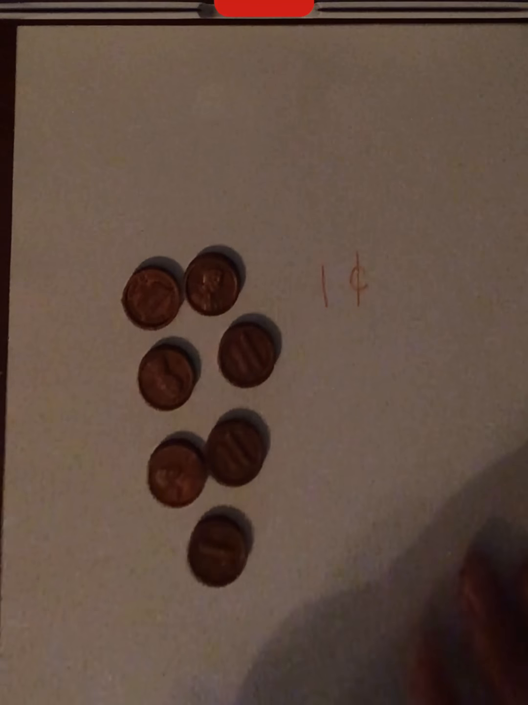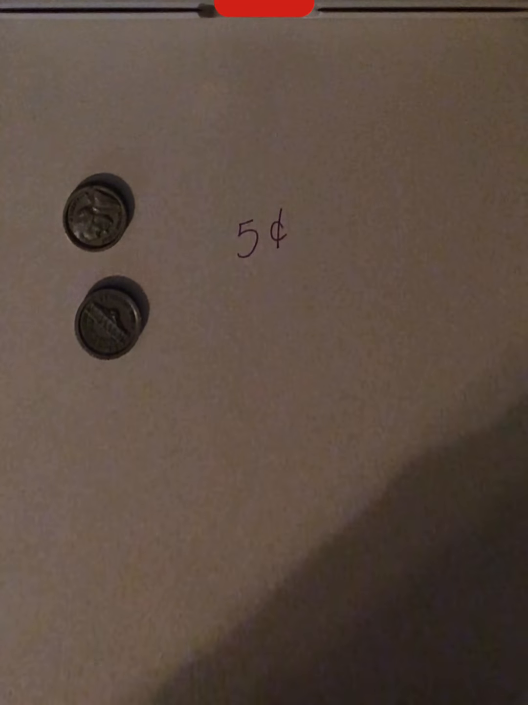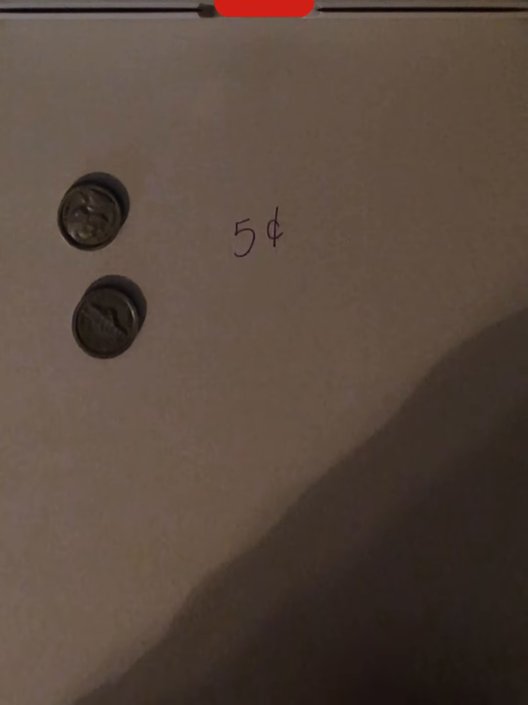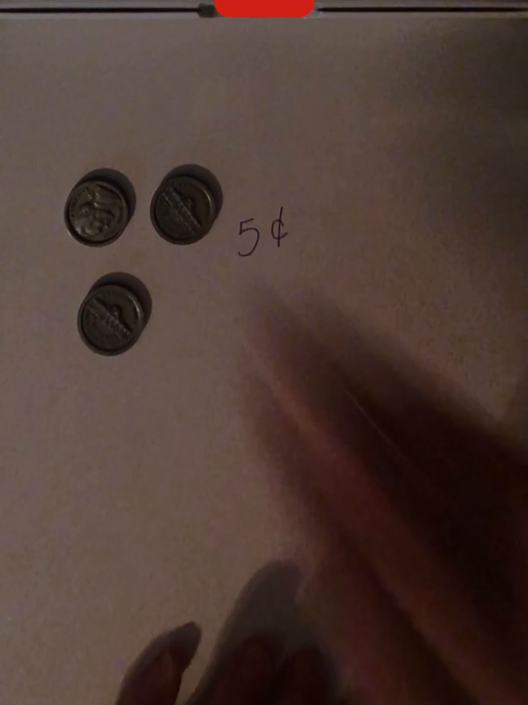Another coin we use is called a nickel. The nickel looks like this. How much is a nickel worth? You're right. A nickel is worth 5 cents. So when we count our nickels, we count by fives. 5, 10, 15,